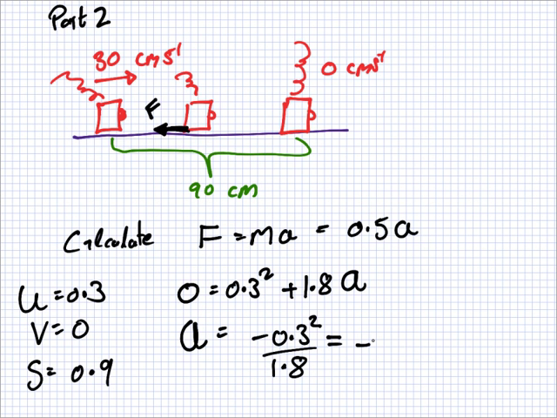Can you type it in, please? Minus 0.3 squared over 1.8. Negative 0.05. Okay, now if you just put that in here for a, you'll get your answer is minus 0.025